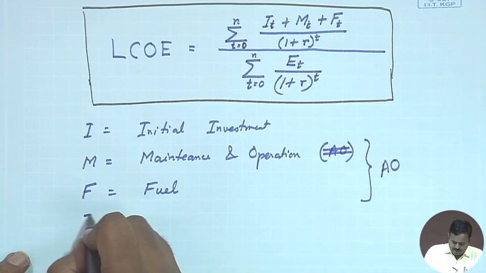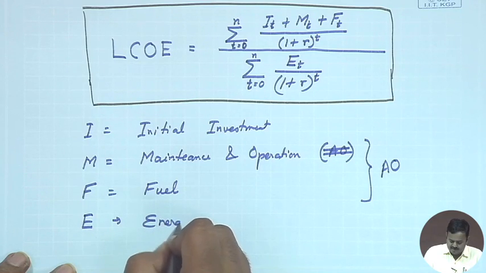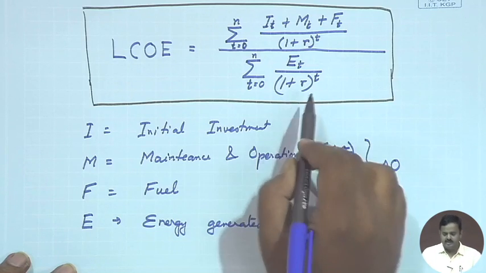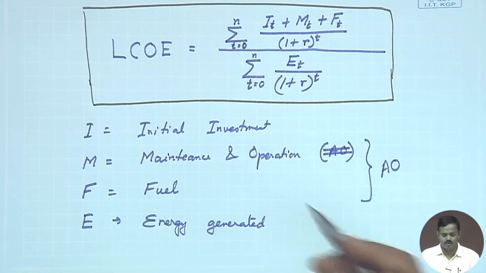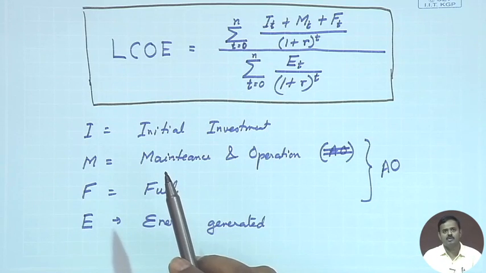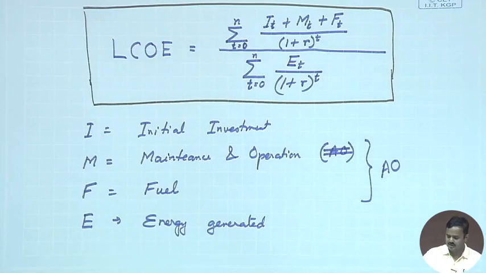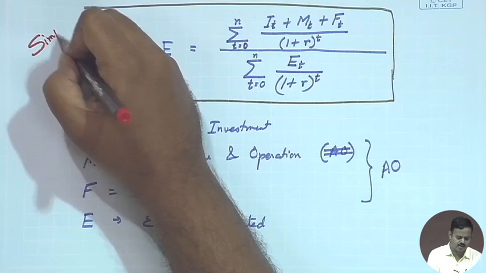And what is E? E is the energy generated, and here also we have to put a discounting to get the net present value of the energy that is going to be generated, let us say 5 years later. So, today if I have to do this, this is how I am going to calculate LCOE. So, this is rather a simple definition, which does take into account